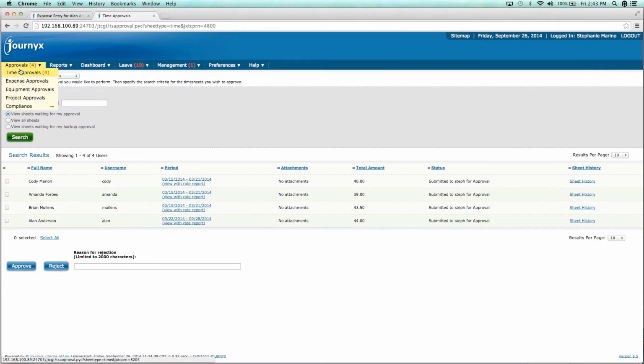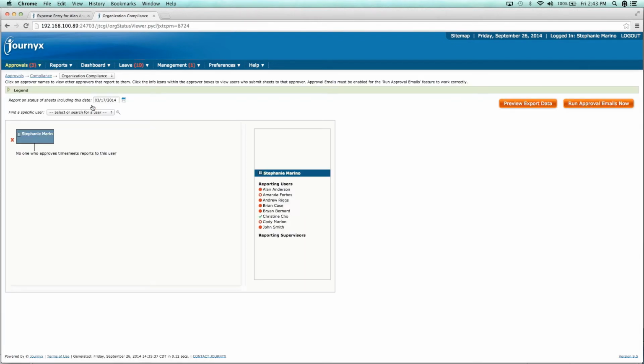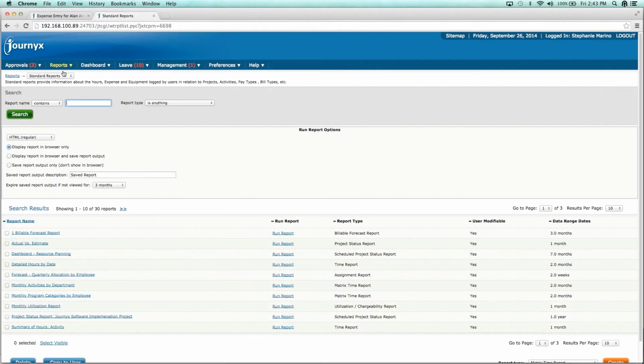Our supervisor can also check the time entry compliance for her group by using the Organization Compliance Viewer. Color-coded icons tell her which people in her department are late and which have submitted their timesheets. The last thing we'll do as our supervisor is look at some of the ways she reports on her department